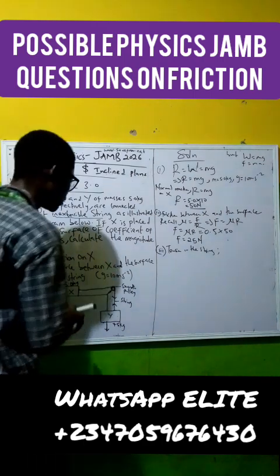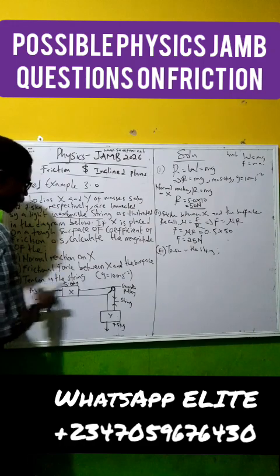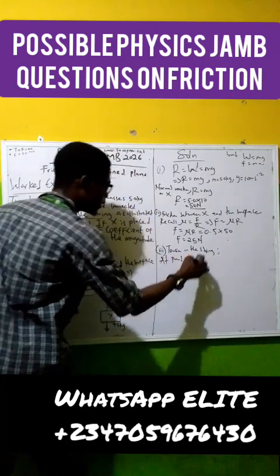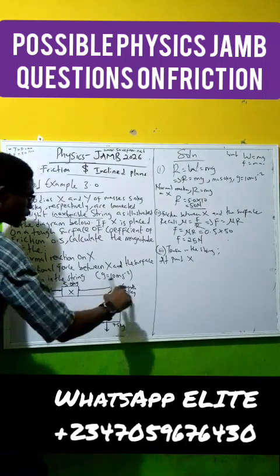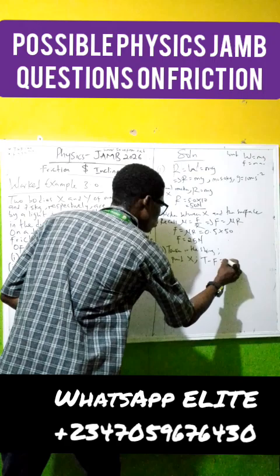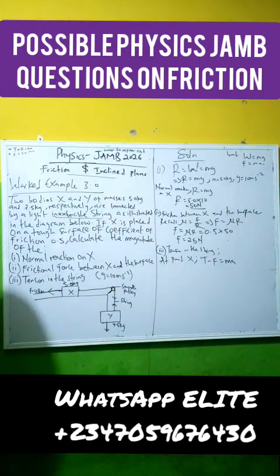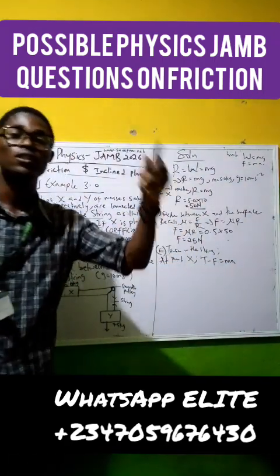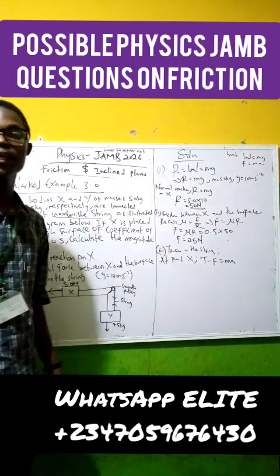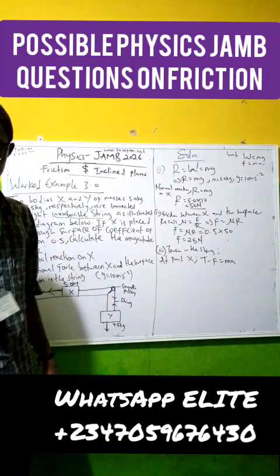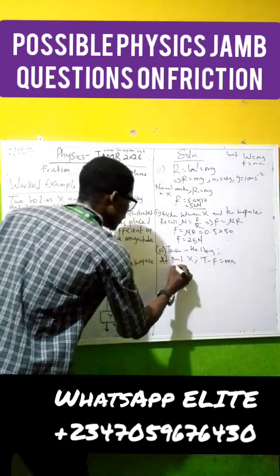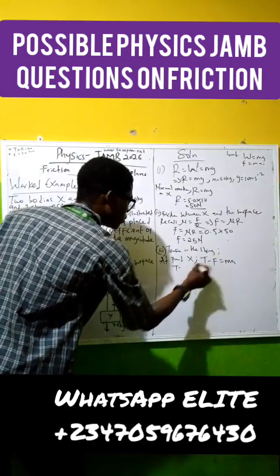In what sense? It suffices that at this side, at point x, our expression for the equation here is going to be T minus F equals MA, because the tension is greater than the force. So you are going to be subtracting the frictional force from the tension force, because the frictional force is occurring here. Okay? Are we making any sense? That's it. So now at this junction, we're having that T minus, the expression for this one is what? Mu